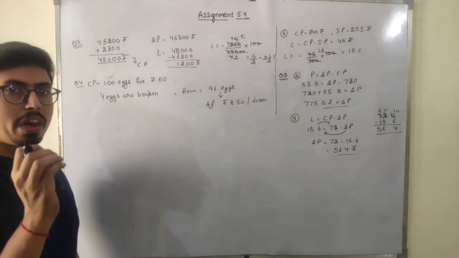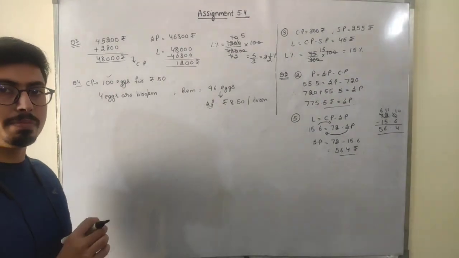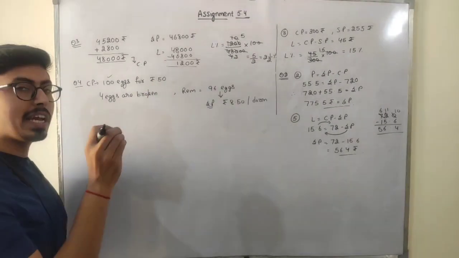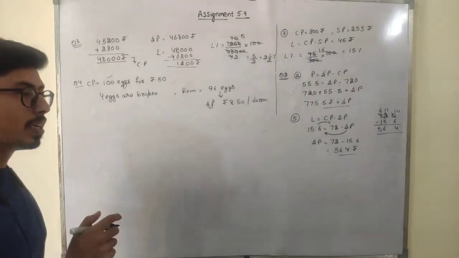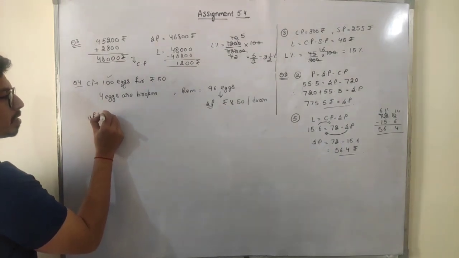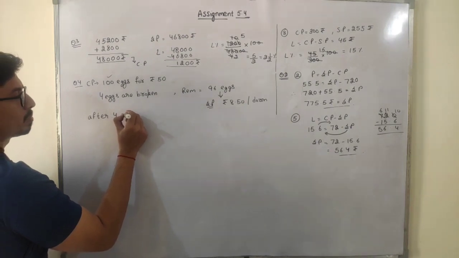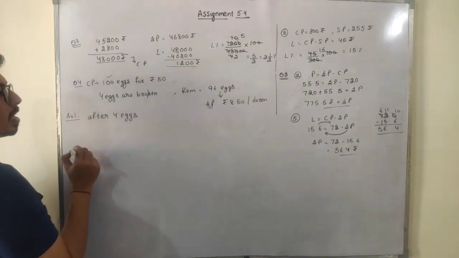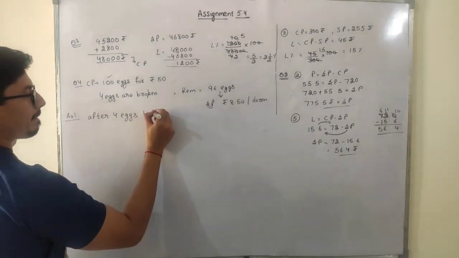That means only 96 eggs are left with him, and the cost of 96 eggs will be 50 because he had already paid rupees 50. Therefore students, after 4 eggs broken, see from here you have to start students, this is the solution. After 4 eggs broken,